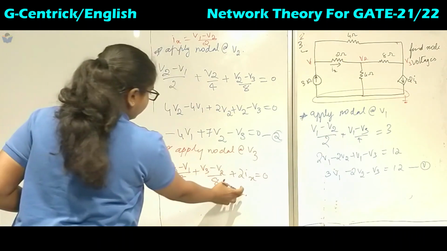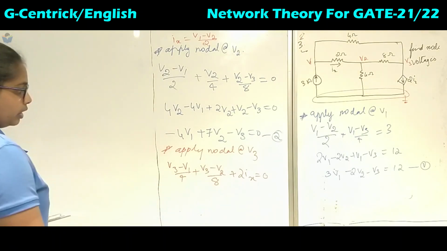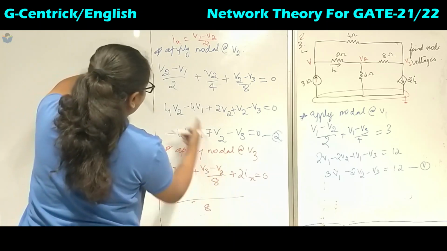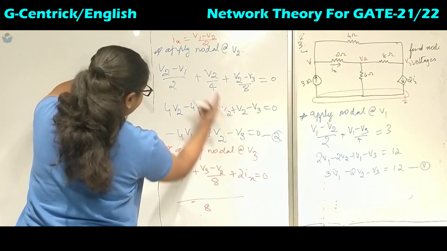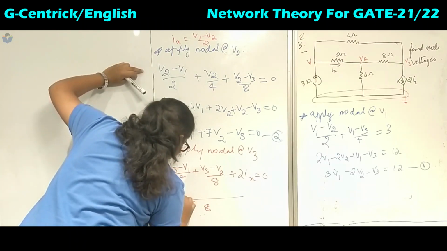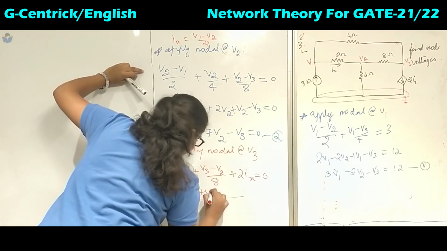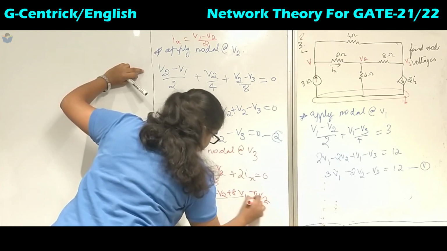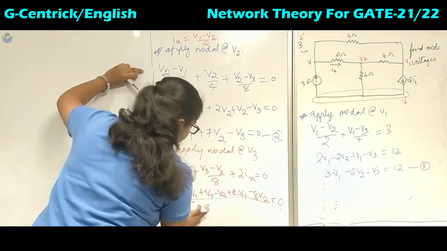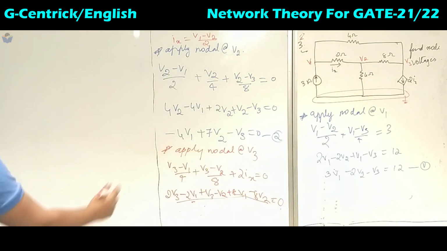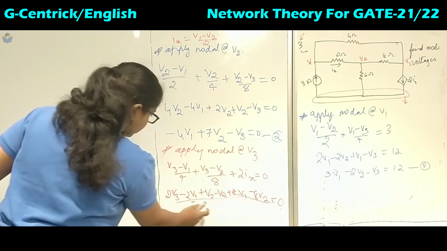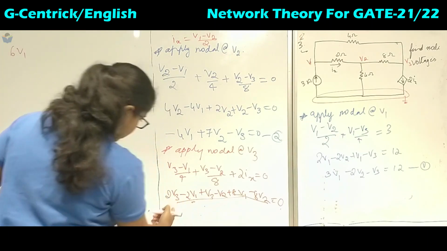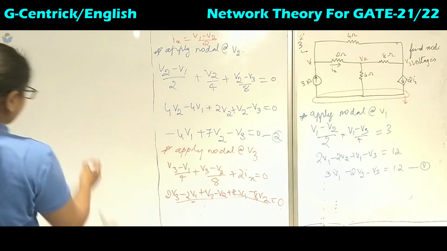Now this value can be replaced here, and here the LCM is 8. Okay, so when you write 8, this 2 and this 2 get cancelled, when we replace this Ix with this value, okay, so 2V3 minus 2V1 plus V3 minus V2 plus 8V1 minus 8V2 equal to 0. So this 8 when it goes there will be 0. So final equation what we get is 6V1 then minus V2 and this V2 is minus 9V2.